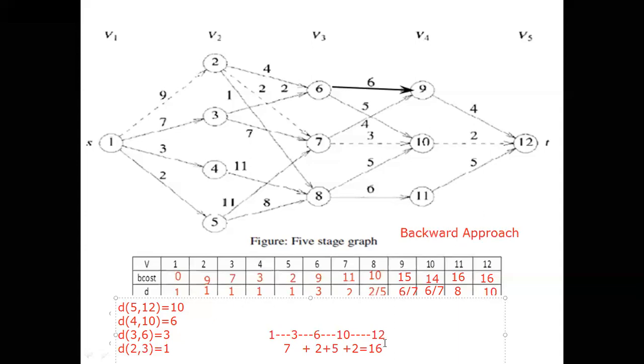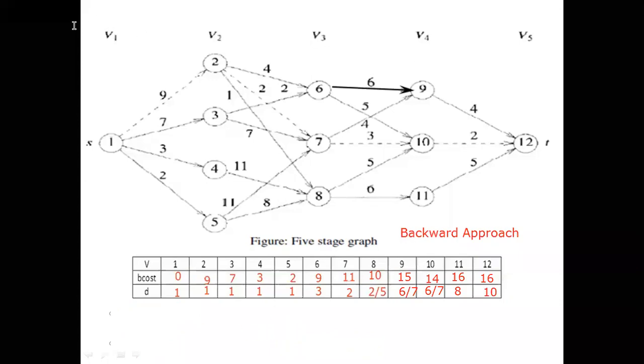This is the first path. That is first 1 to 3. From 3 to 6, it will go. From 6, it will go to 10. From 10, it will come to 12. That is one shortest path. One more shortest path is there because it is 6 bar, 7 is there, 10. In the case of 10, 6 bar, 7, first we consider 6. Right? Now I will do it for the next value also.